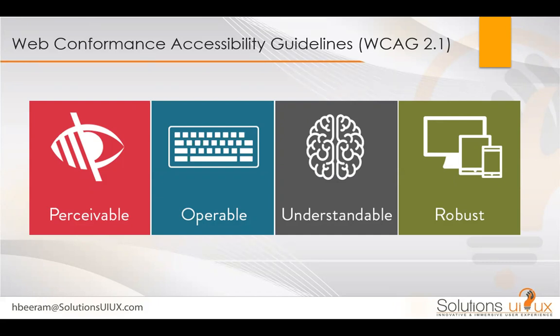And then it has to be understandable, right? It should be simple, straightforward, and not having to worry about the complexity of the information that has been presented. So that's where UI UX comes into the picture, because UI UX design takes care of making it simple, understandable, and usable. At the same time, it needs to be accessible, which is also part of understandability. These principles are called POUR, P-O-U-R, and it has to be robust.